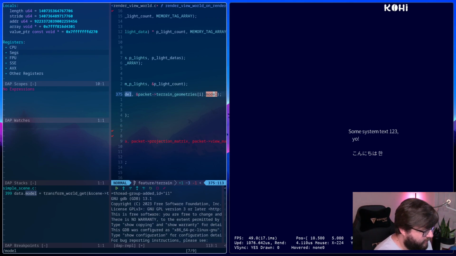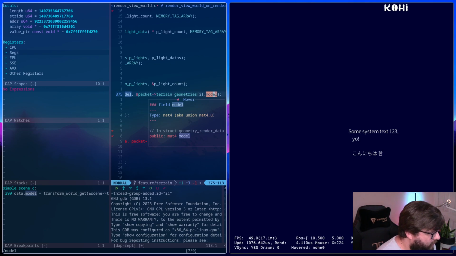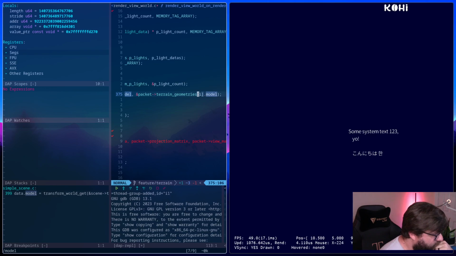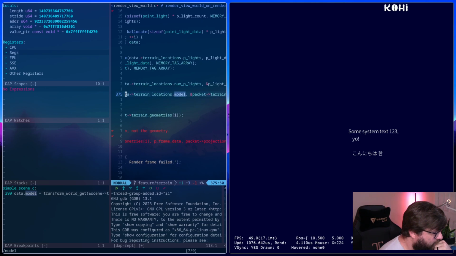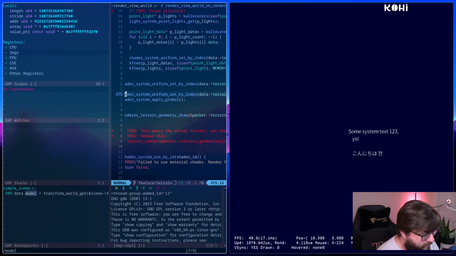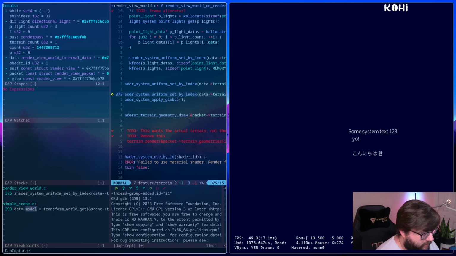And I think this is just a matrix 4, so we should be taking the address of that. Terrain geometries model. So I guess just to be sure, I'm going to put a breakpoint here and step into that.